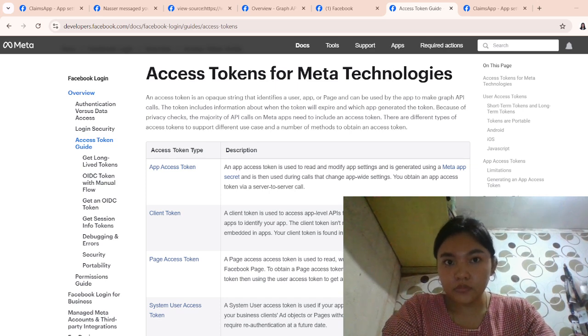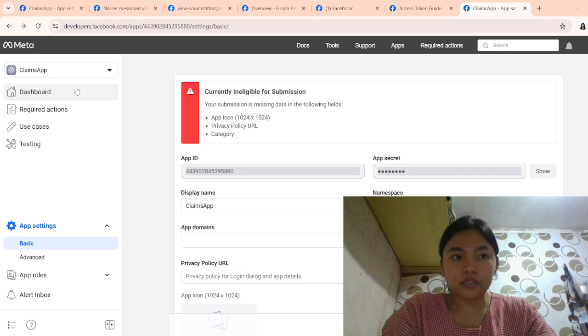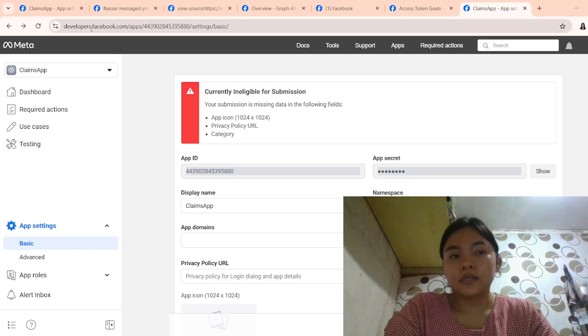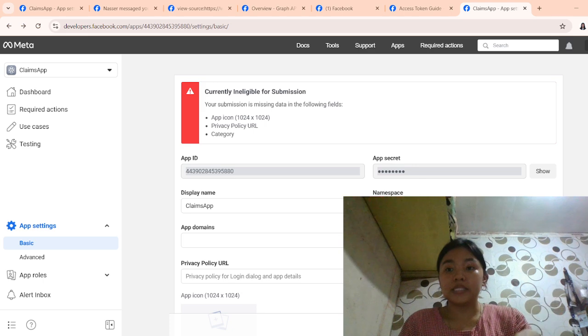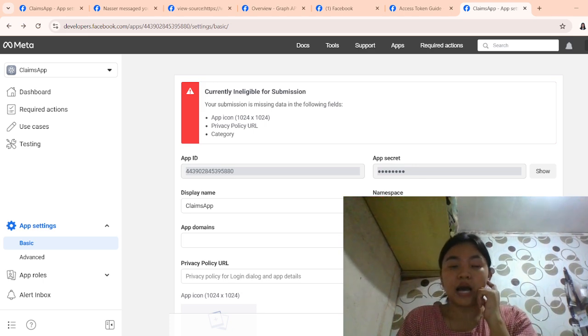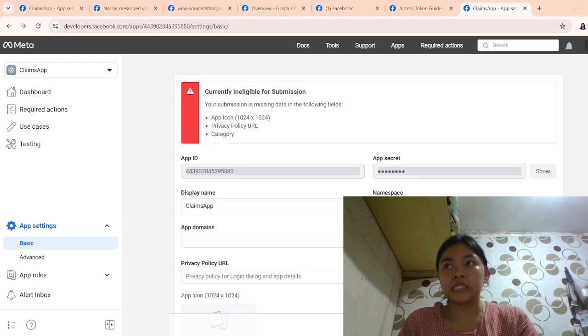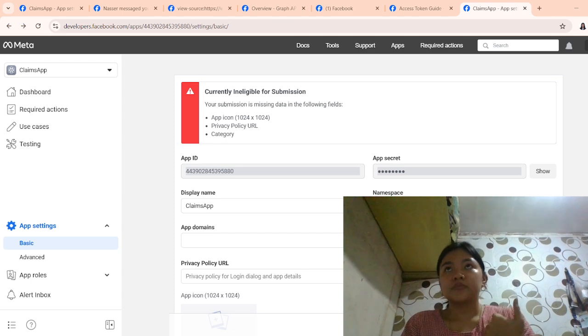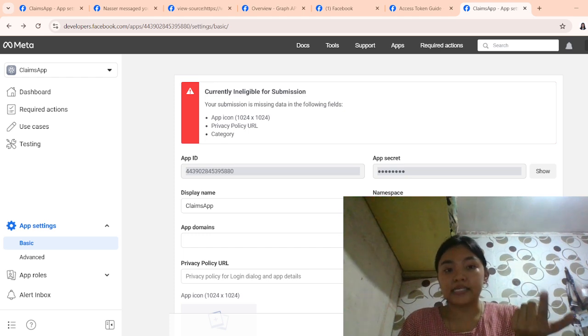What I did first is I opened developers.facebook.com, in which you will need to register your profile in order to have access to this page, because first it needs a verification of your profile, and then you can create an app.